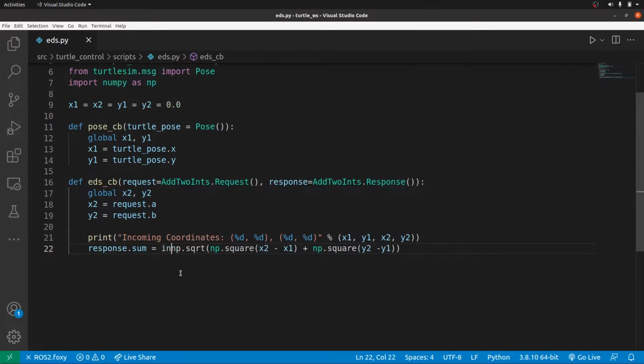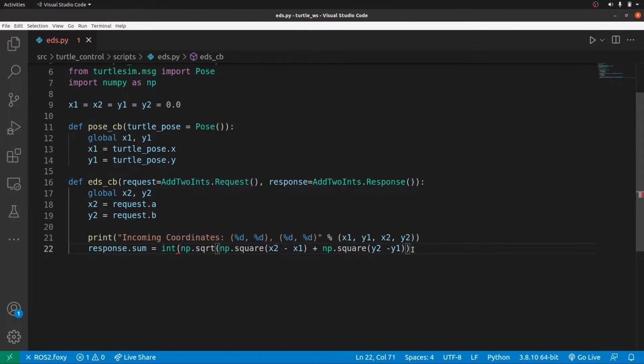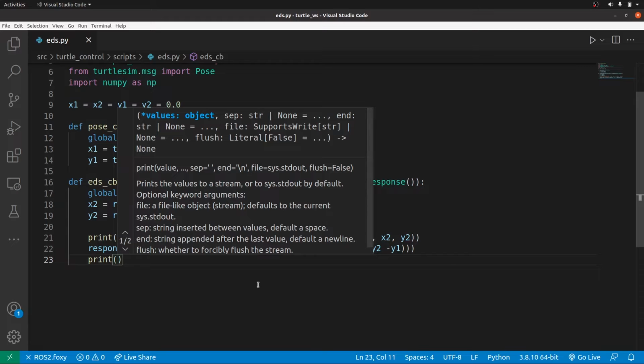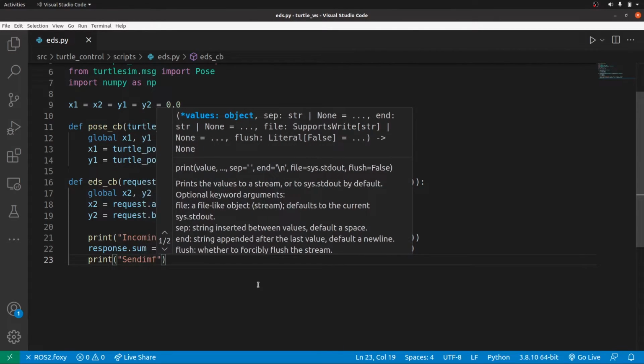So we're going to cast this decimal point number to an integer. So I've cast it into an integer. For instance, if the answer after the calculation returns something like 5.2, it's just going to cast it into 5 instead of 5.2, and the 0.2 part is going to be truncated because it's an integer. Then, when we are done calculating the sum, we want to print the answer on the screen, and then we just say, hey, sending